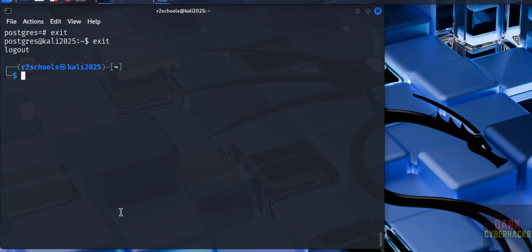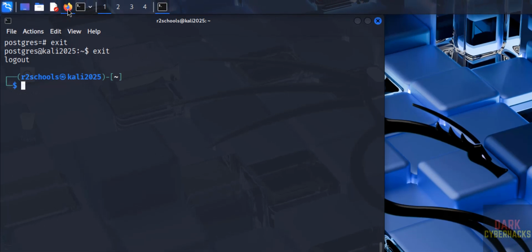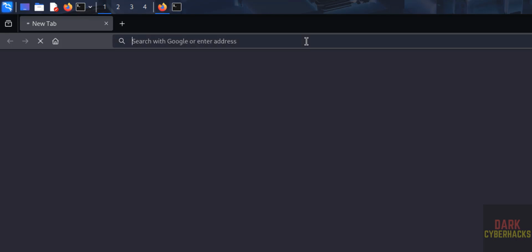Until now we have connected to the PostgreSQL server by using the psql client. We can also connect to the PostgreSQL server by using DBeaver or pgAdmin. Those are the most popular tools. In this video I am going to show you how to install DBeaver and connect to the PostgreSQL server. So open Firefox or any web browser. Now go to the DBeaver official website, that is